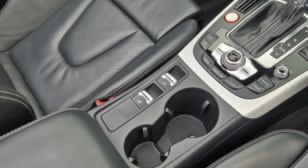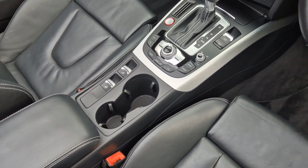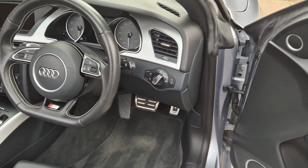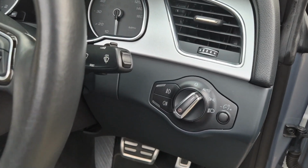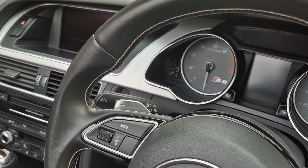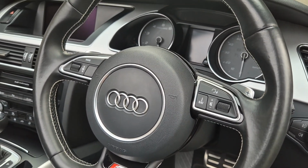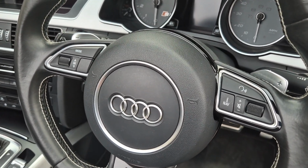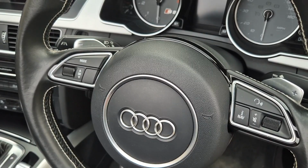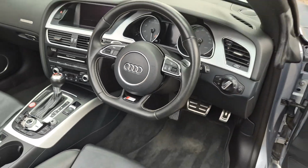Controls for the roof up there, obviously it's a fully electric roof. We'll put it up in a second and then obviously just show you the car with that up in place as well. We've got automatic headlights and automatic windscreen wipers. We've also got lane assist that you can see just poking over there on the indicator stalk, and then all of your multifunction controls there for media and navigation and things like that up on the steering wheel, and the really lovely silver paddle shift as well. Jumping in,